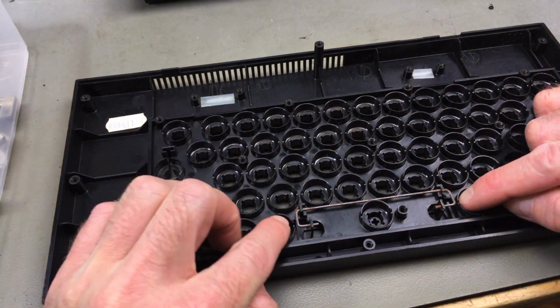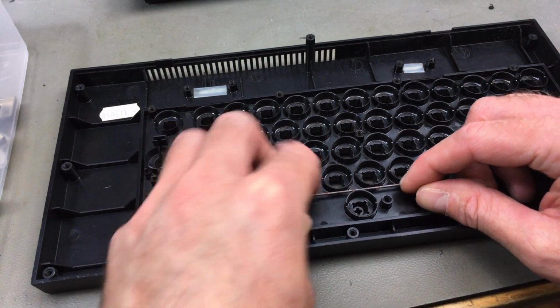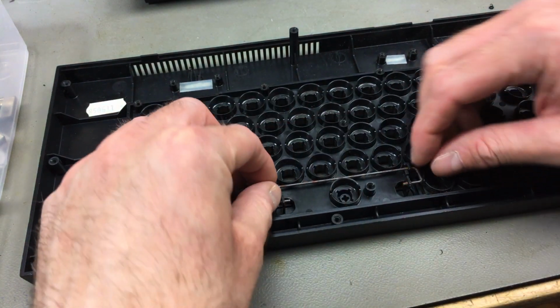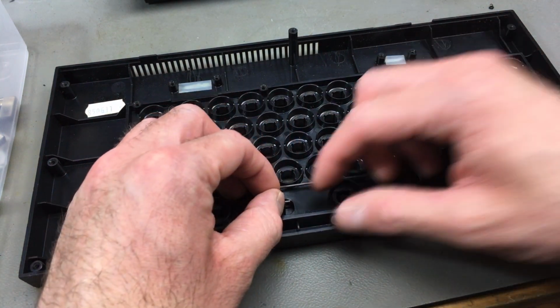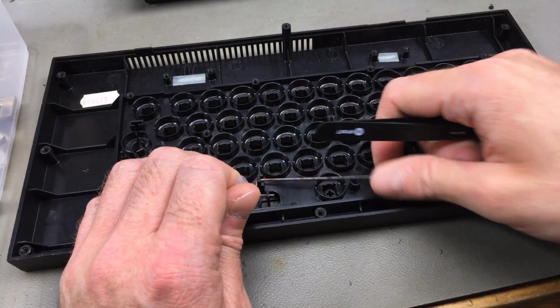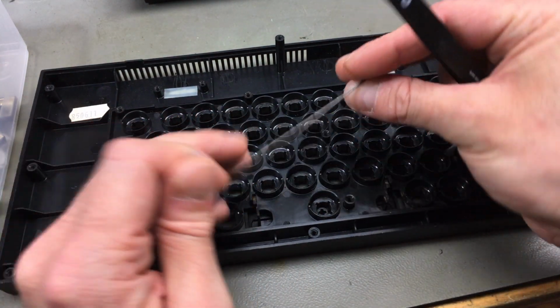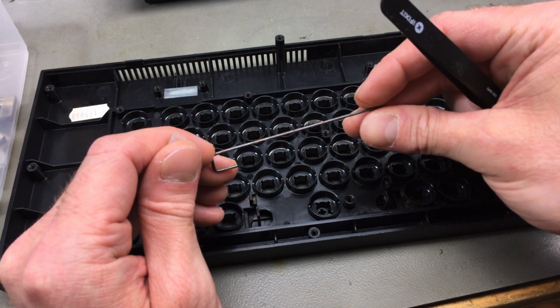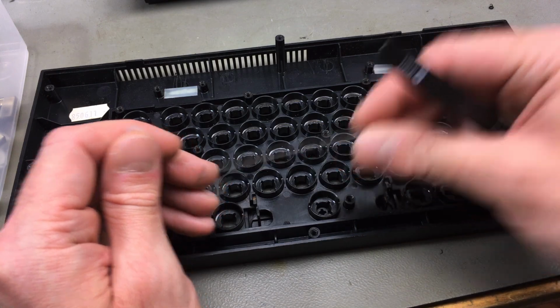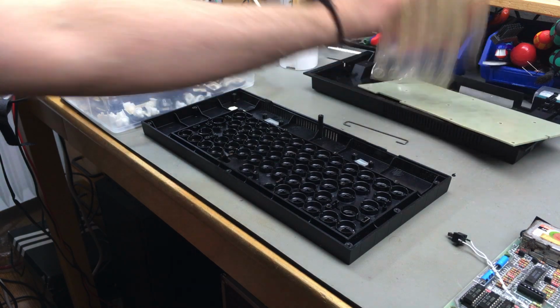The spacebar is a special construction in that it has this metal bracket that is attached here on the back side of the keyboard. How am I supposed to get this off actually? Like so. Okay, just pull it this way. There we go. And we're going to give this a little scrubbing and a little WD-40 or something. Okay, now with the plastic parts separated, and this silicon part,